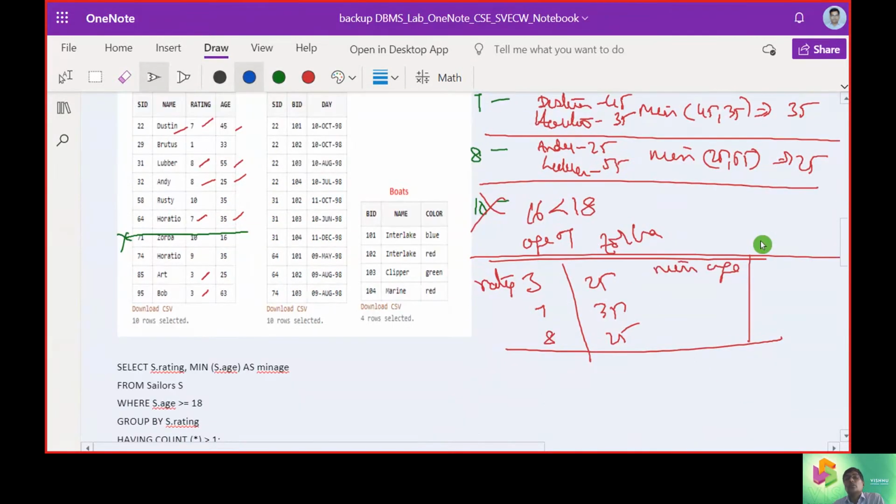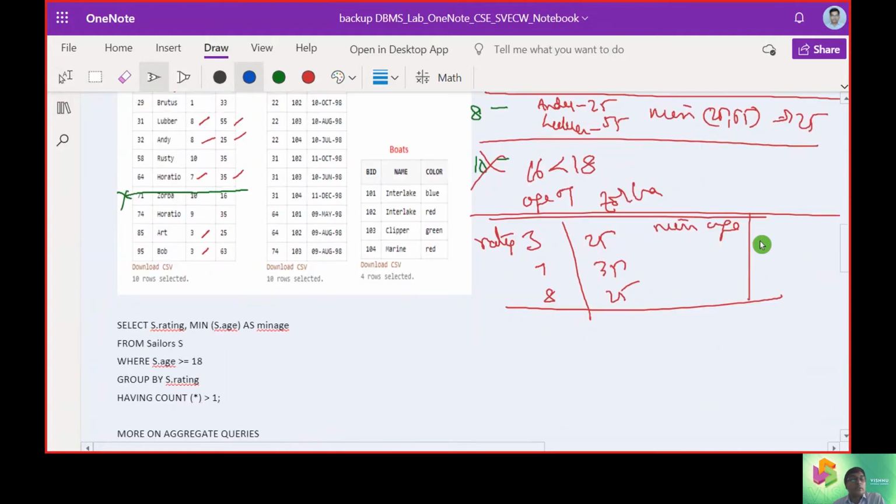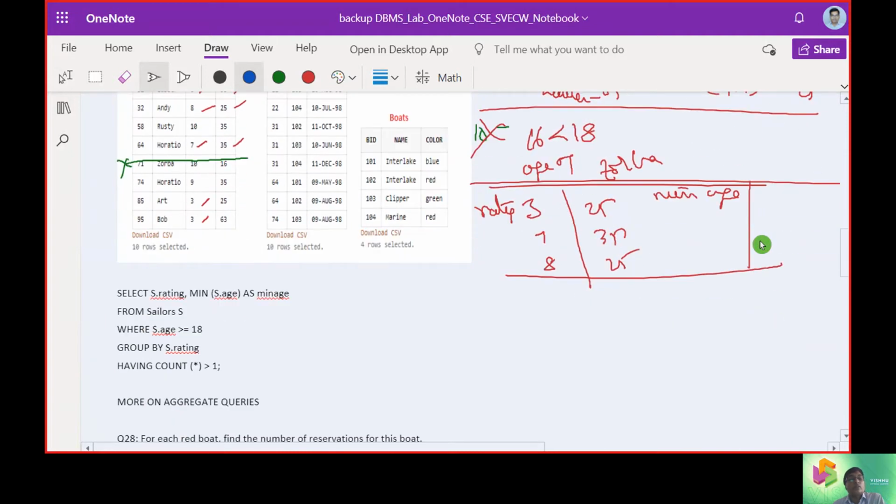Now how can we move this towards the SQL query part, towards executing this query? For that, we apply the select command to retrieve the data, and we apply from, where, group by and order by clauses.